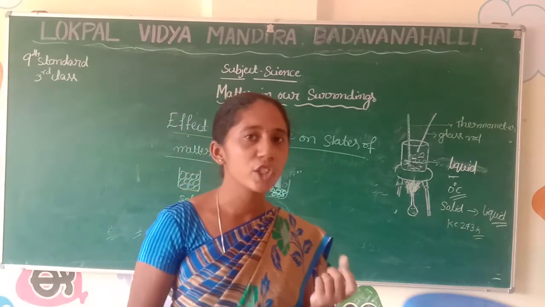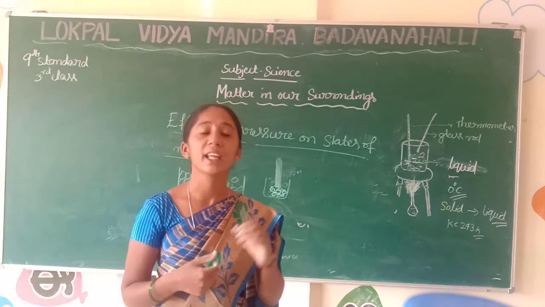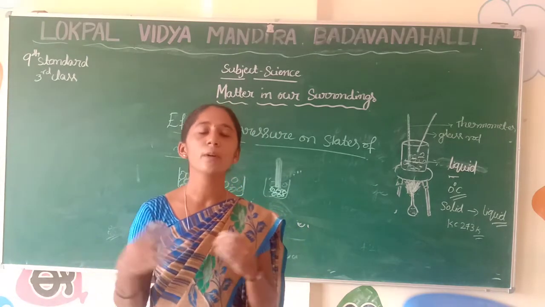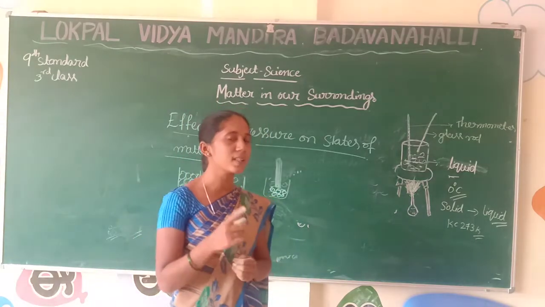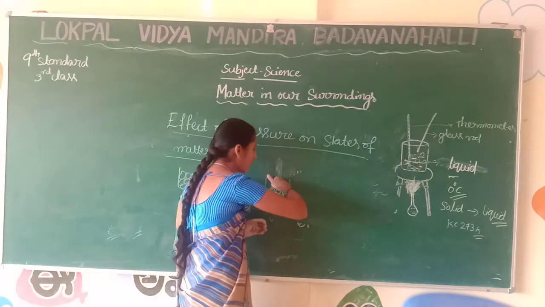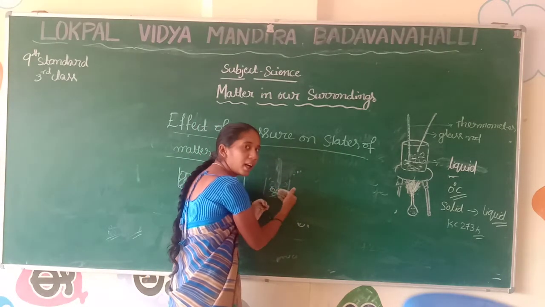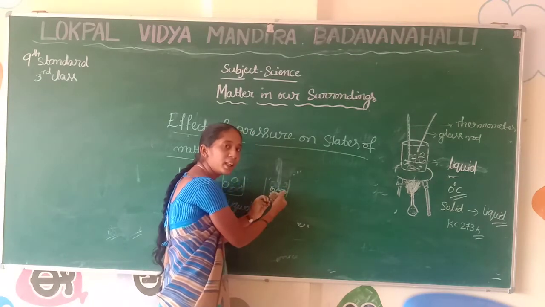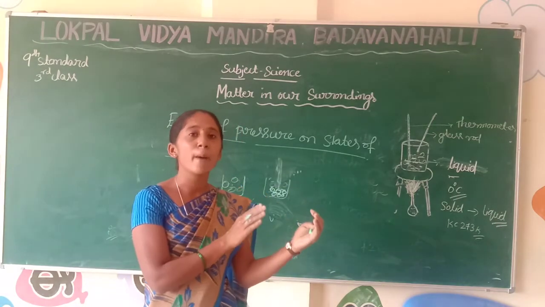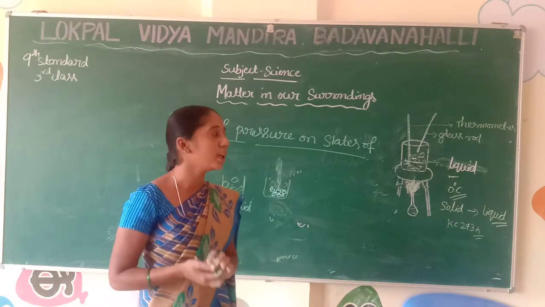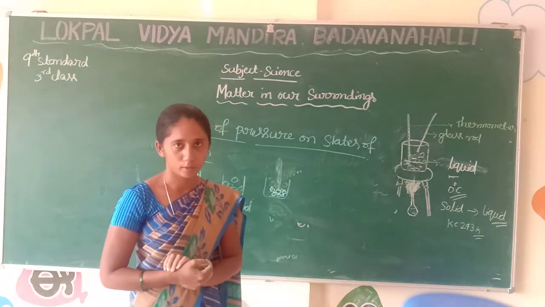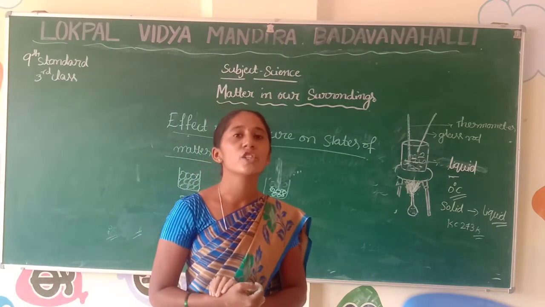Before applying pressure on the gases, in between the particles much more intermolecular space is present. When we apply the pressure, the particles come near. When the particles come very near, the intermolecular spaces get reduced. The gas form of the matter gets converted into the liquid form of the matter. This is very useful. The effect of pressure we used